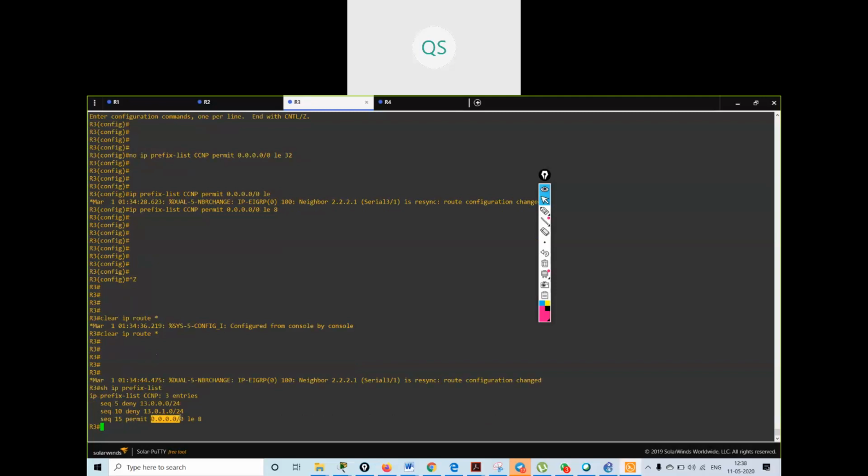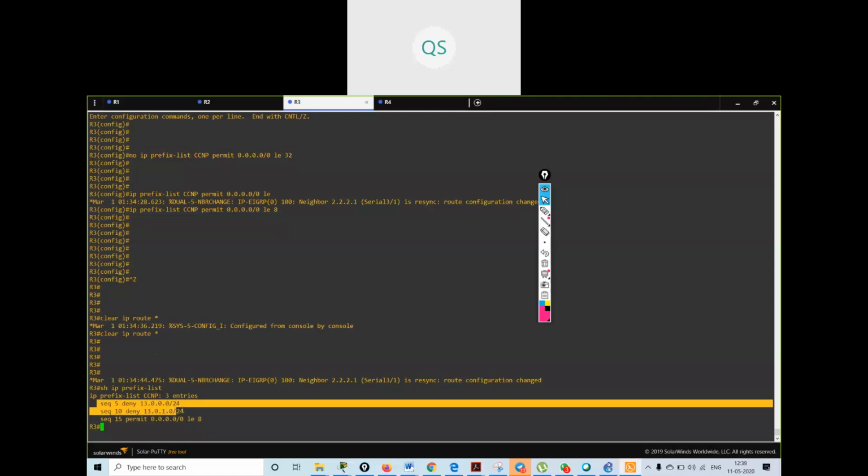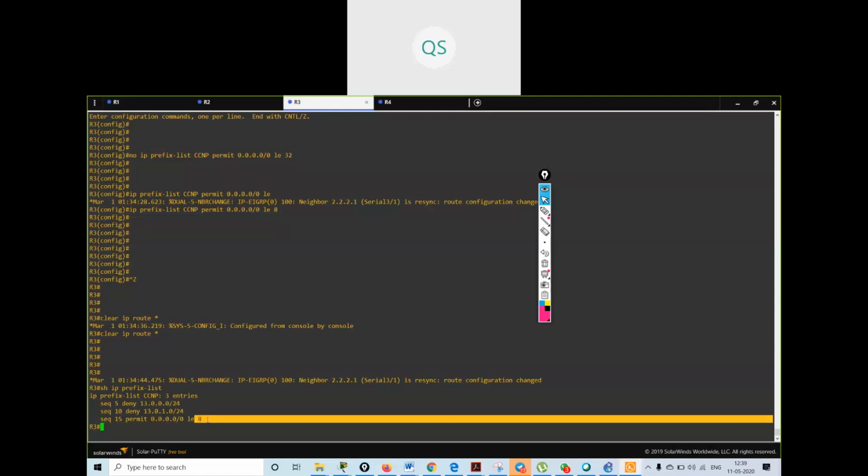This statement you have to give in prefix list: permit all other routes which are having less than or equal to /8 value. I have given deny for these things and permit all others which are having less than or equal to /8. Got it?